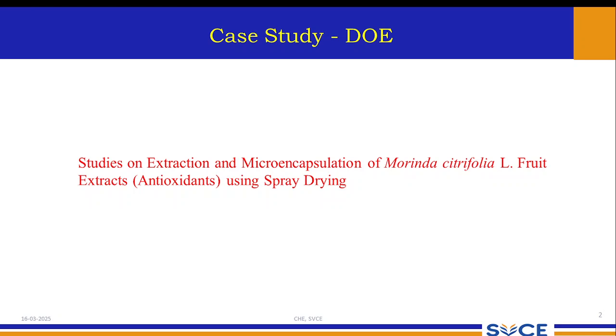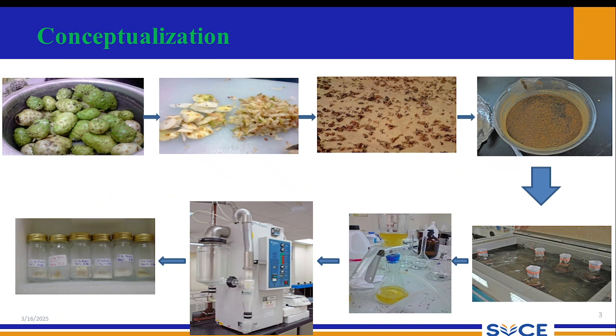Once this powder has been obtained, then we have tested the characteristics of this powder and tried to find the optimized process condition. So, how I have applied the design of experiments in my PhD work, I would like to discuss. Regarding my PhD work, this is a fruit which usually has a high antioxidant value,